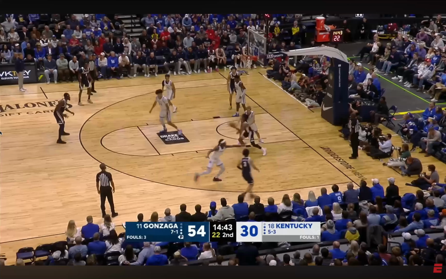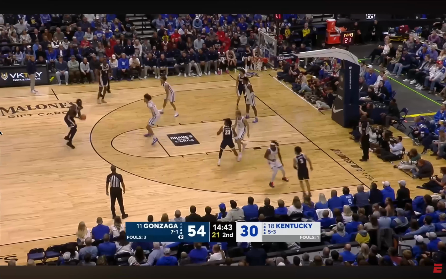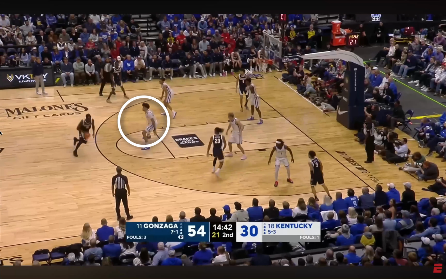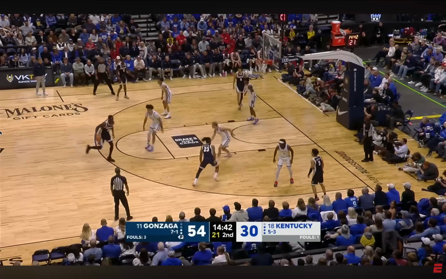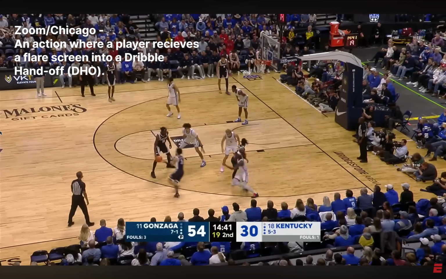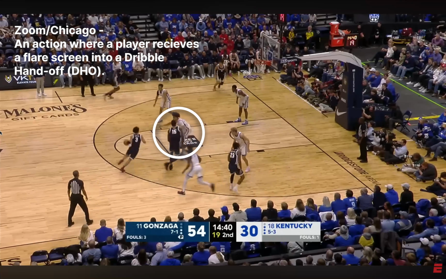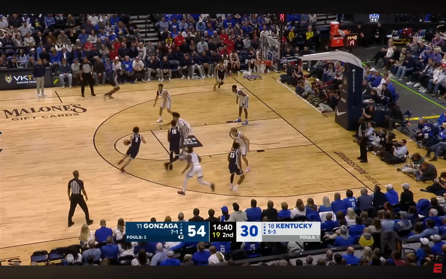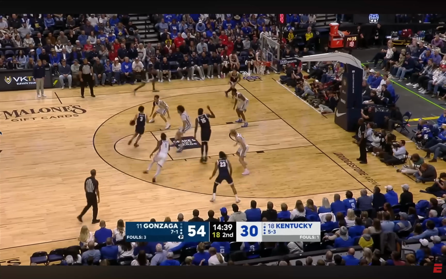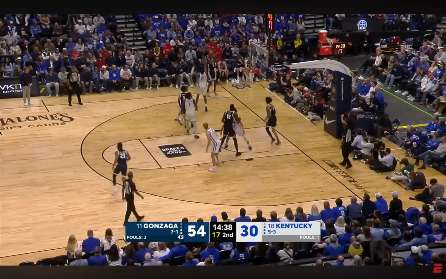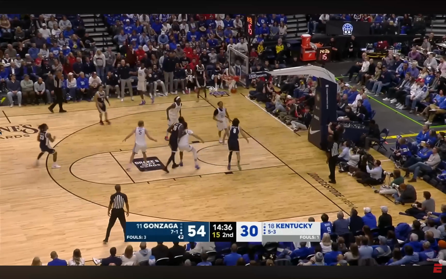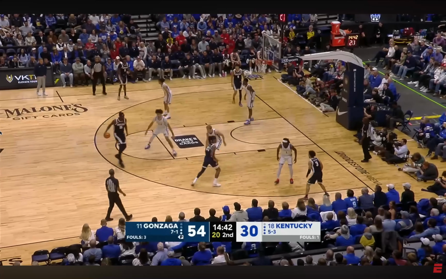In this play, as Adam Miller passes out of the post, Kentucky's defense does a good job of closing out to Graham Ike to prevent the shot. This leads into Gonzaga running a zoom action with Braden Smith being the player receiving the ball. Because Ike's defender, number 24 Stephen Jamerson II, doesn't hedge hard in this dribble handoff, Smith is able to curl off the ball screen for a drive. If Smith's defender, number 1 Xavier Booker, went under the screens instead of over, Smith would have had an open